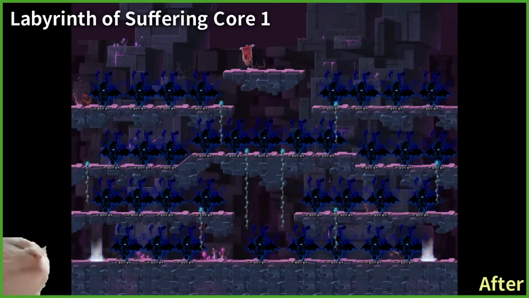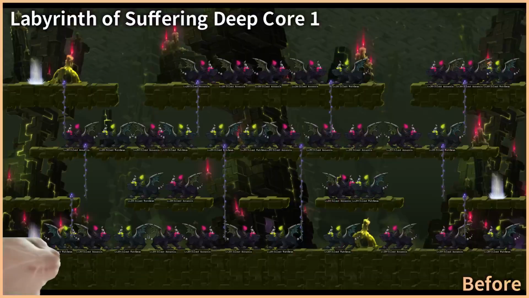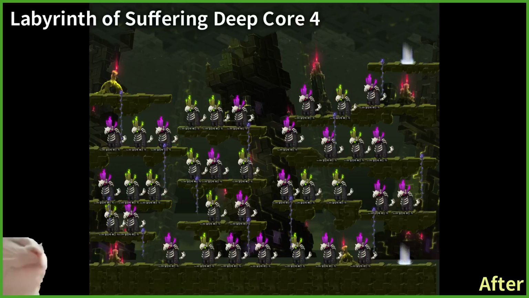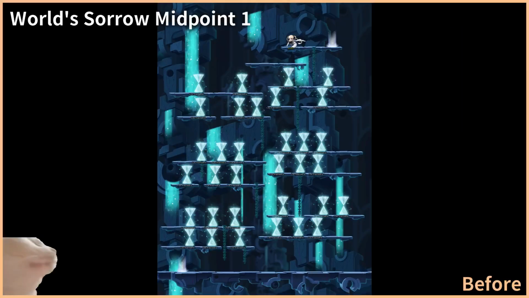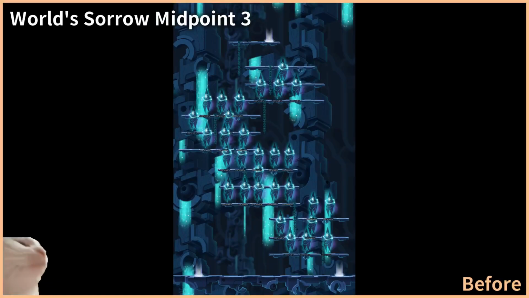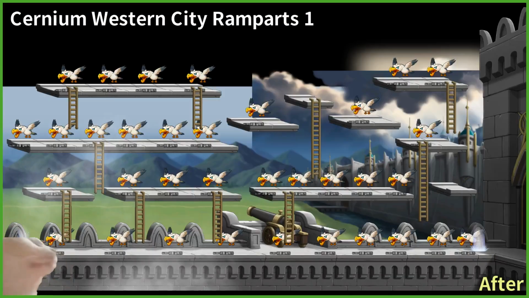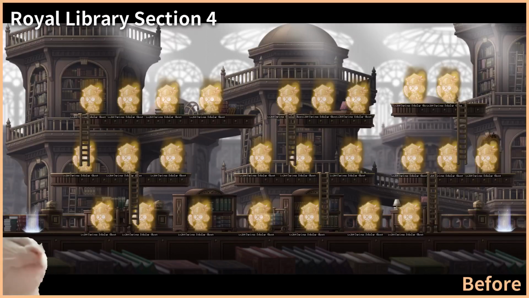Labyrinth of Suffering Core 1, 2, and 7, Labyrinth of Suffering Deep Core 1 through 6, Depths 3, Midpoint 1 through 4, Rocky Overlook 1, Cernium Western and Eastern City Ramparts 1, Royal Library Section 1 and 4, as well as the Burning versions,